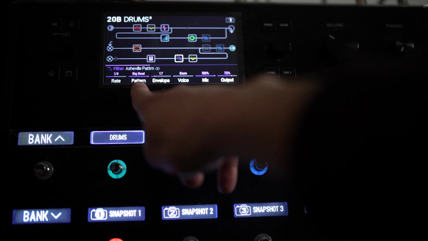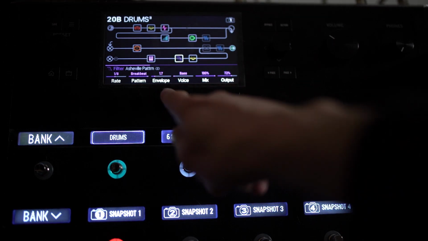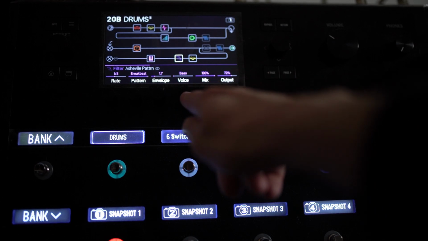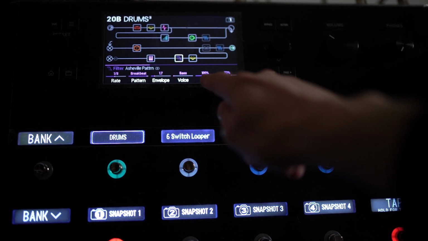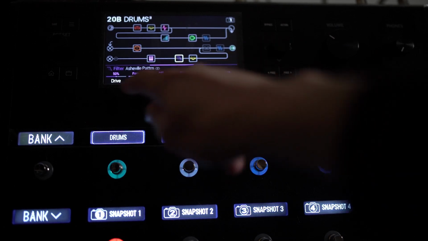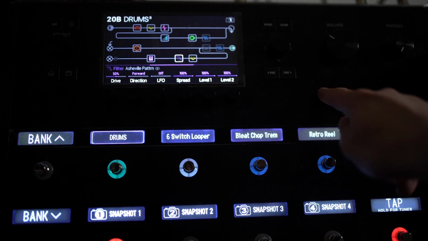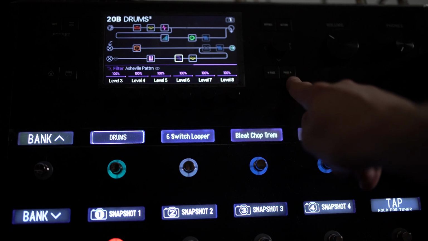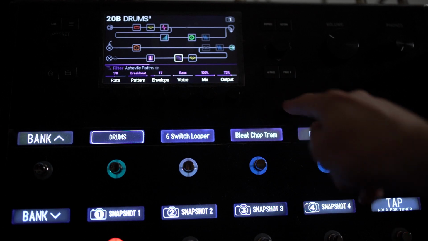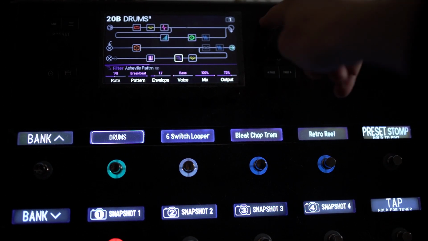The one that I found worked quite well was breakbeat, and then I've got the envelope set quite low, down to 1.7, and the voice I've changed to bass. Mix is at 100%. The output you could change just for level, and drive and all of these things I think are set to where they are by default, so you don't need to touch any of those if you don't want to. And then if you press bypass on this,